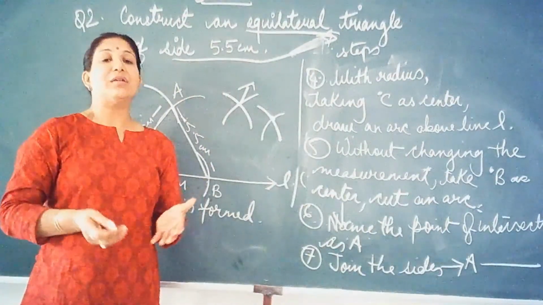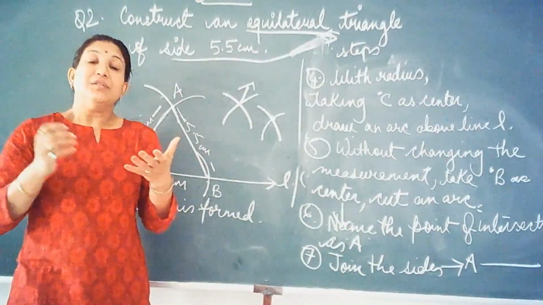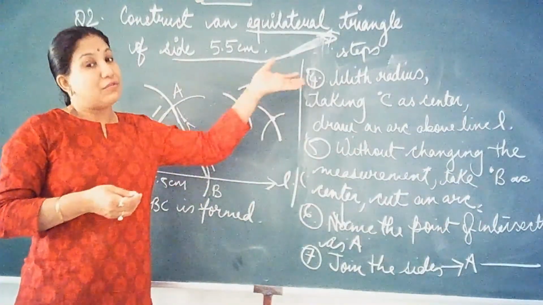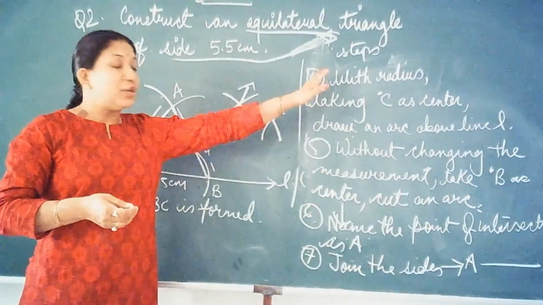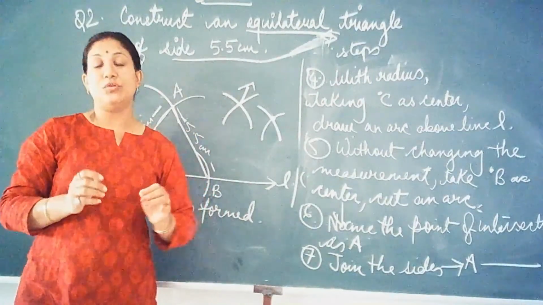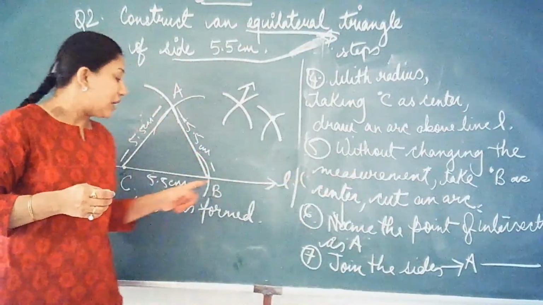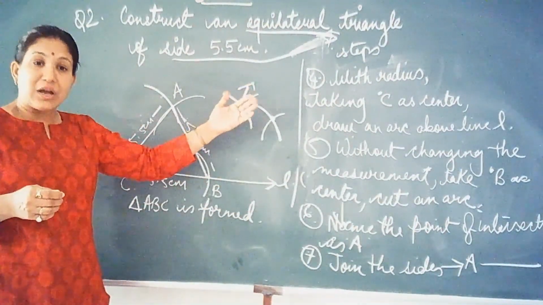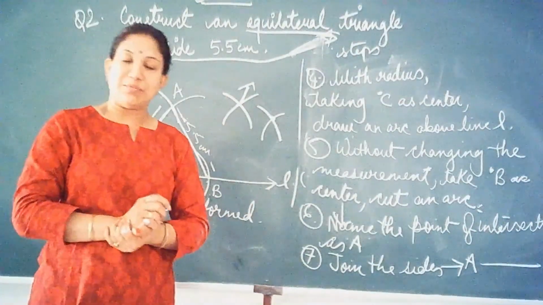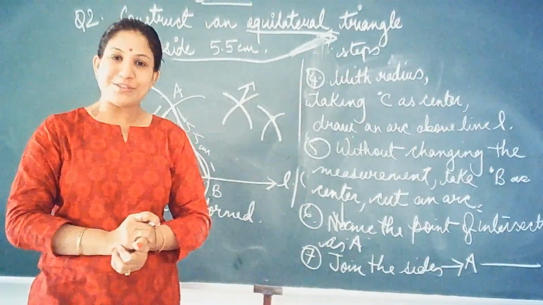So this is how you write down the steps of construction. Don't worry about steps of construction. This should be a very easy thing for you, because once you know how you have constructed a triangle, you can very well frame it in your own words. It is not hard and fast that you have to write like this. But certain things you should know, like when we are drawing an arc, whether you cut an arc, where the line is, whether it is above or below. Whatever you have done, just frame it out in statement form. That will become your steps of construction. So complete this question also. God bless you.